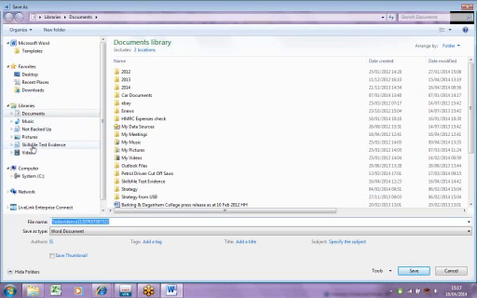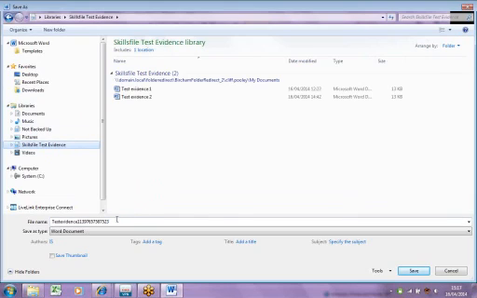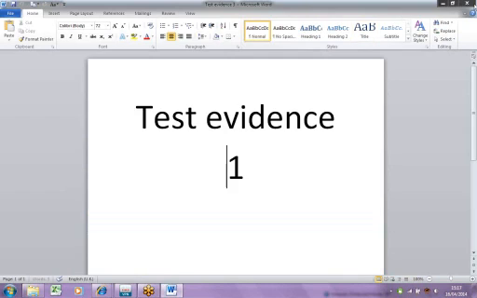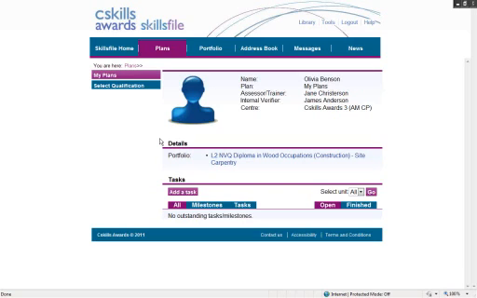So we go to there, we put it in there. As you can see, there's the name of the evidence, so we're going to call this Test Evidence 3. We're saving it in there. And what we're going to do now is we've signed off the learner's task, so that's actually completed now. And what we're going to do is go into their folder and upload the evidence. And you'll see now there's no tasks outstanding for them. So we can click their folder from here,